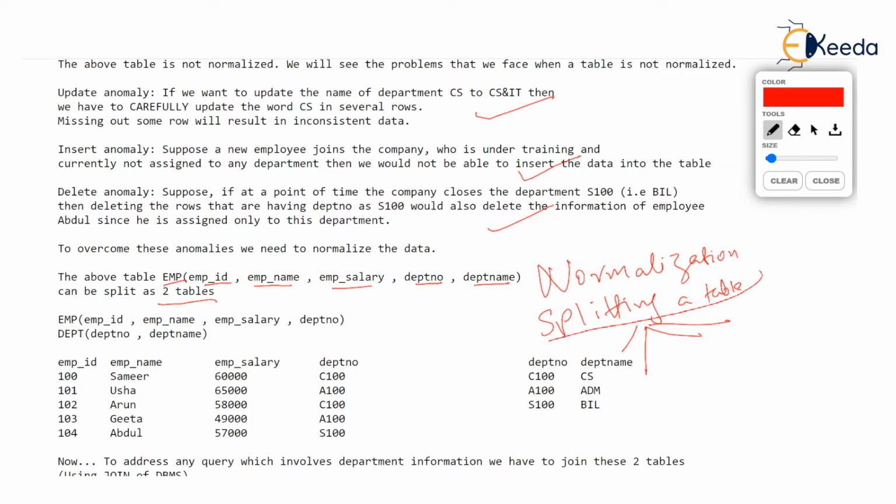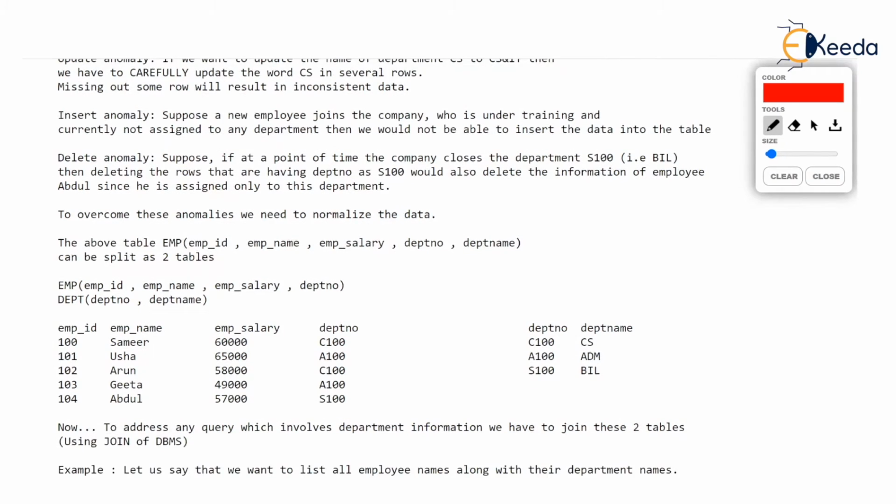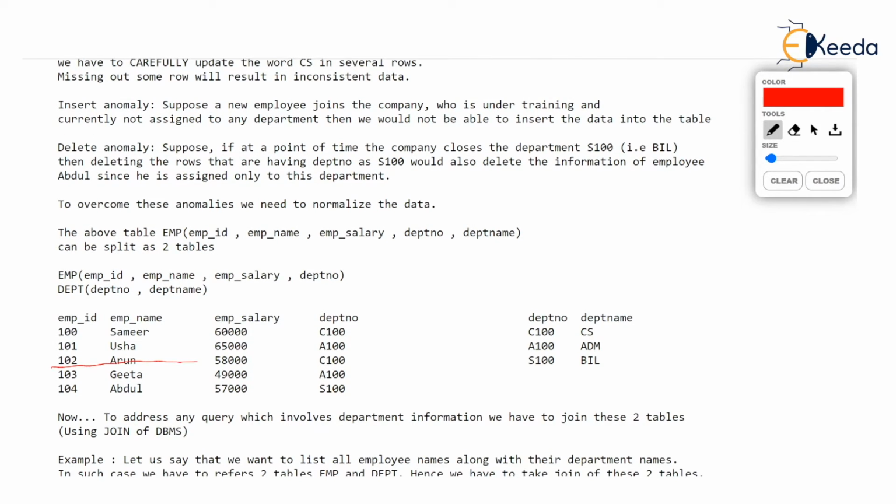Now by split we don't mean horizontal split. It's not that n number of rows go in one table and other rows go in another table. No. By split, we mean some of the attributes will remain in one table and other attributes will be stored in another table.